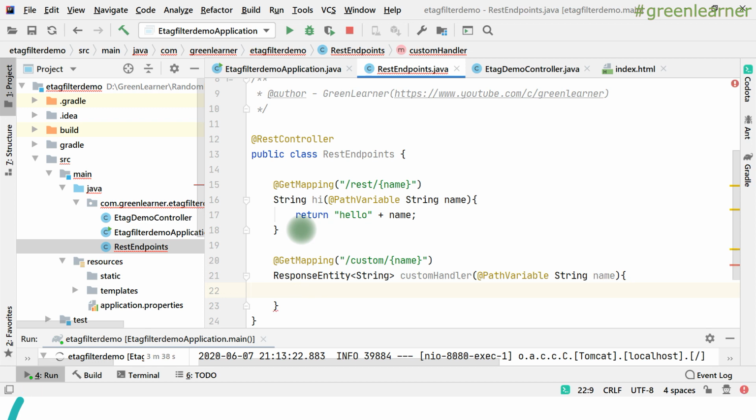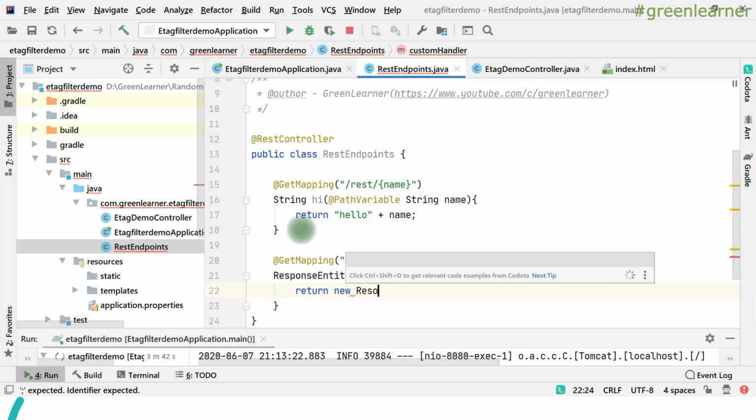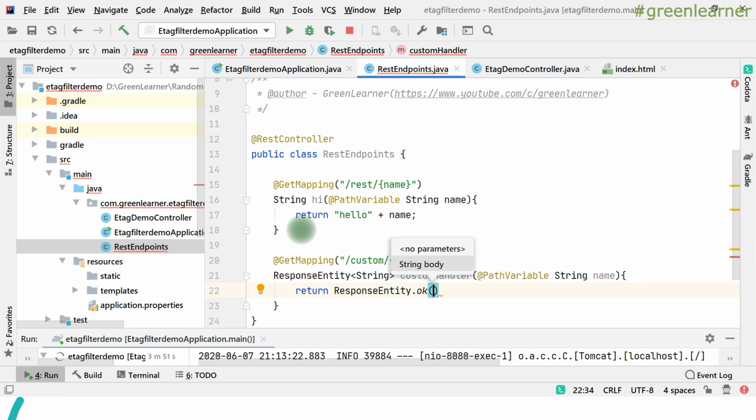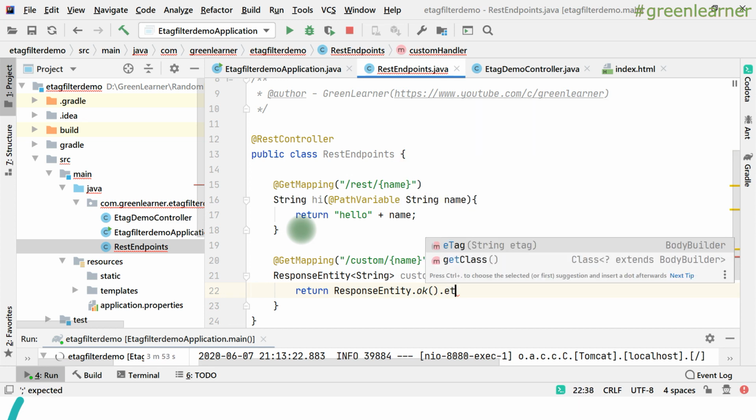So what it is going to return: new, not new, ResponseEntity with the status OK, right? And with ETag information, see ResponseEntity already has this ETag information, right?